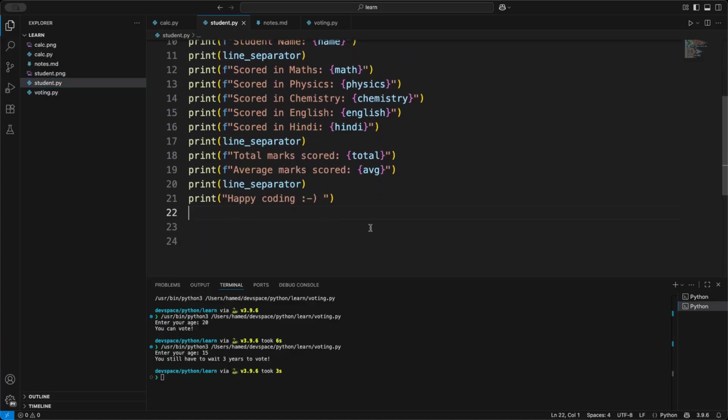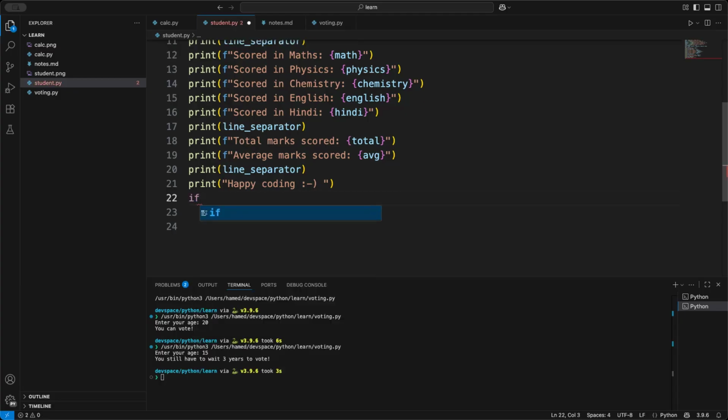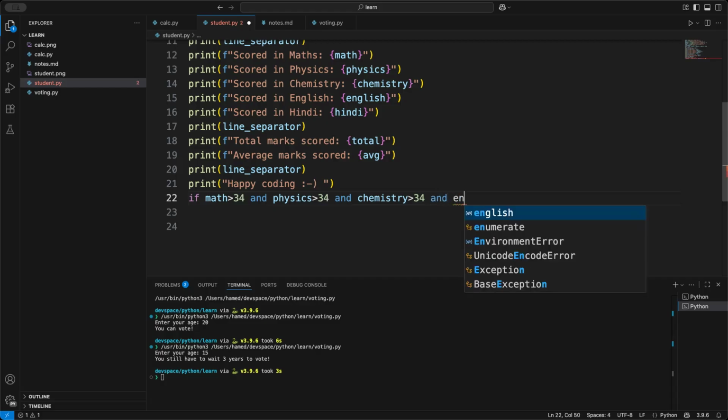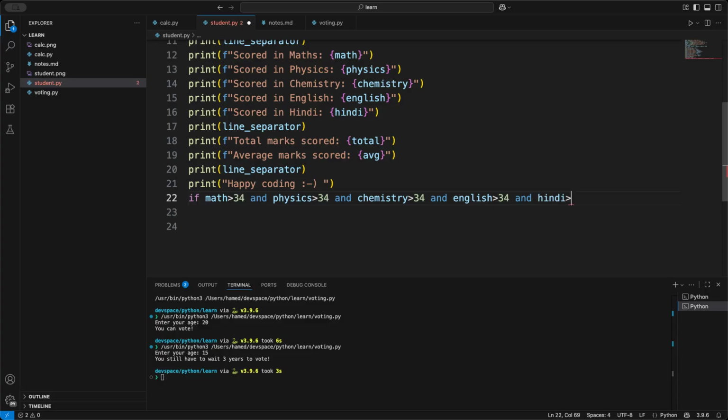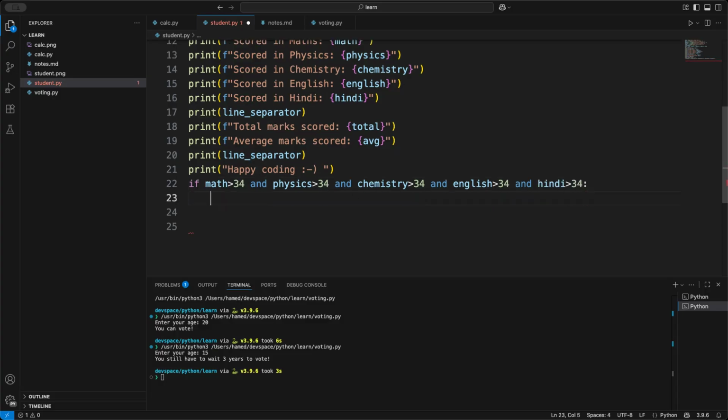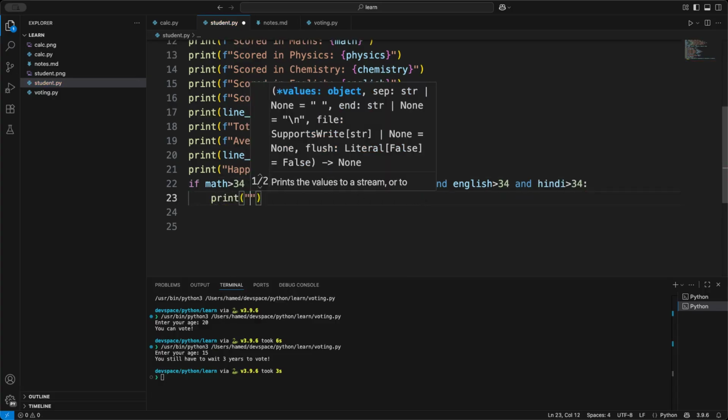So what we can do is if math is more than 34, so that's 35, and remember our logical operators and, or, not, and physics is more than 34, and chemistry is more than 34, and English is more than 34, and Hindi is more than 34, then print